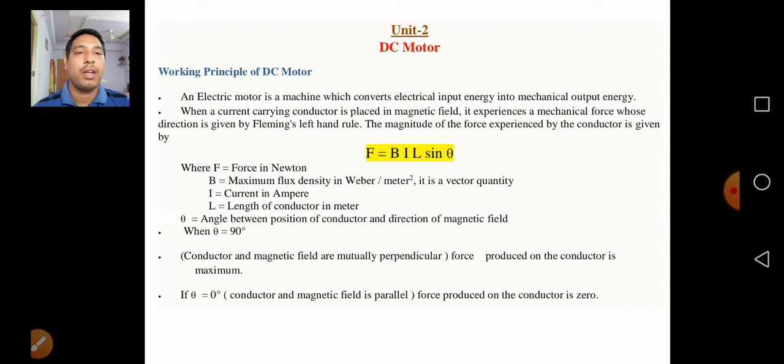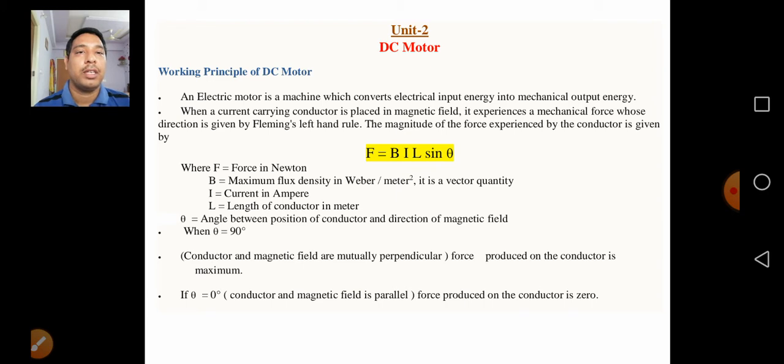According to Faraday's laws of electromagnetic induction, when a current carrying conductor is placed in a magnetic field, here the magnetic field is used as a medium between the two magnetic poles. That is nothing but one form of energy. If you want to convert from one form of energy into another form, there is a medium, which is the magnetic field. We could go for an electric field also, but we have more advantages with a magnetic field.